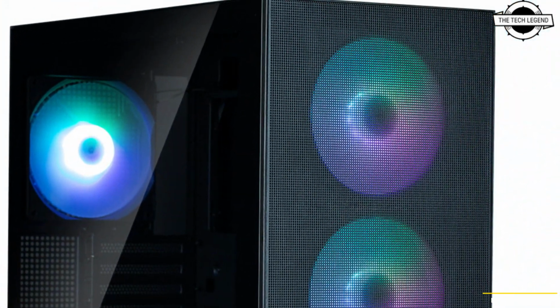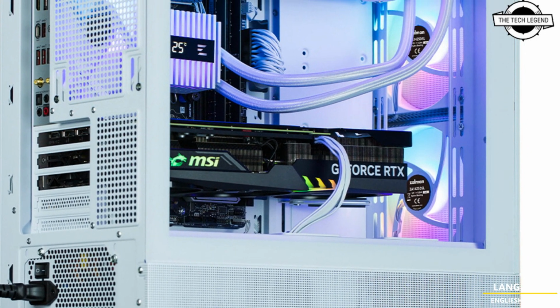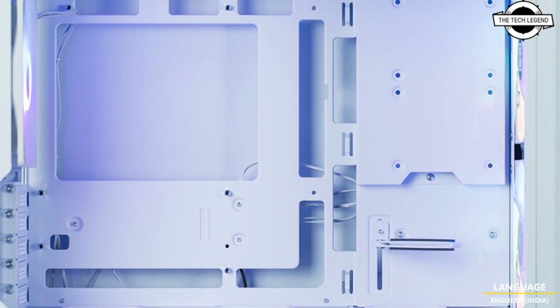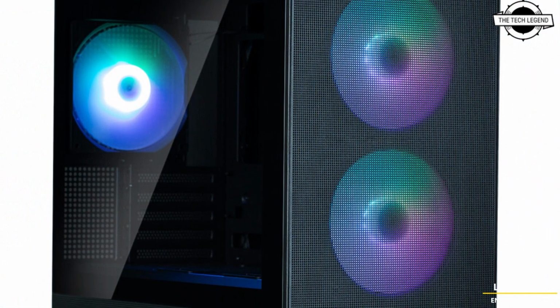A star attraction with the ZALMAN P30 Air is its motherboard tray, which has strategically located cutouts for motherboards with reverse-facing connectors such as the ASUS BTF series and MSI Project Zero series. The motherboard tray has room for graphics cards up to 39.2 cm in length and CPU coolers up to 181